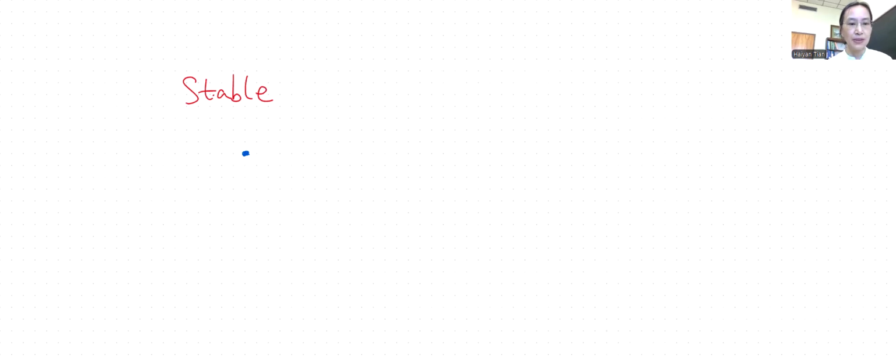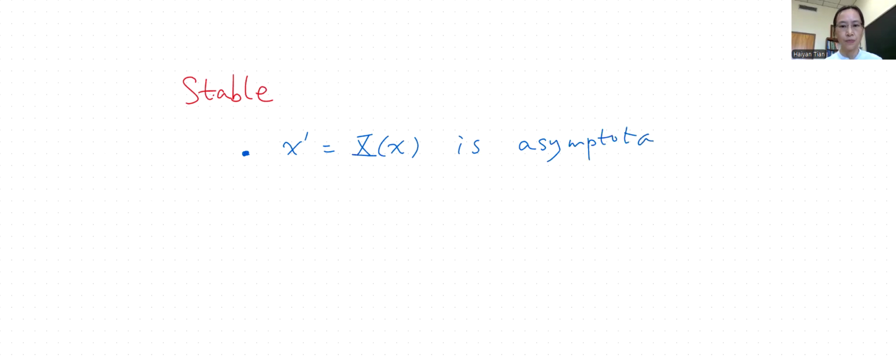So the system is asymptotically stable at an equilibrium point P